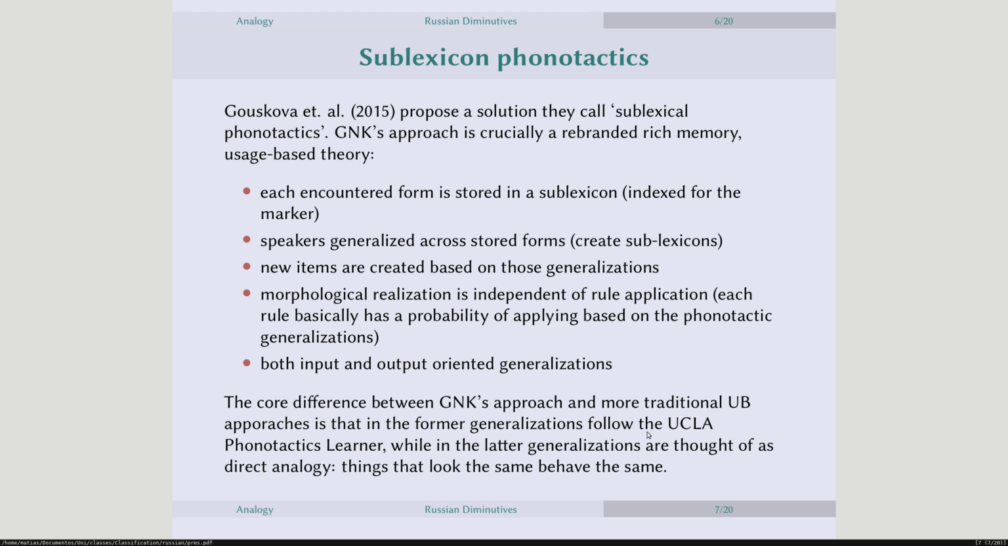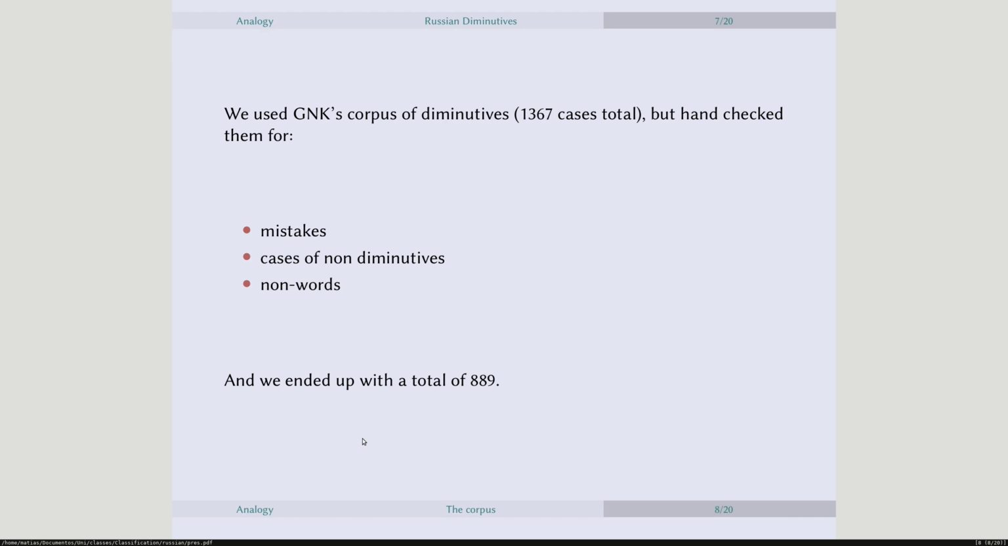Their implementation is called the UCLA Phonotactic Learner. The details are not very important. Just know that it's quite different from other approaches used in the literature. They compiled a corpus, and we're using that corpus. They were nice enough to send us the nouns. They had almost 1,400 nouns,